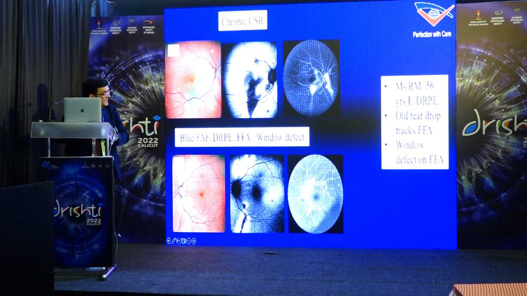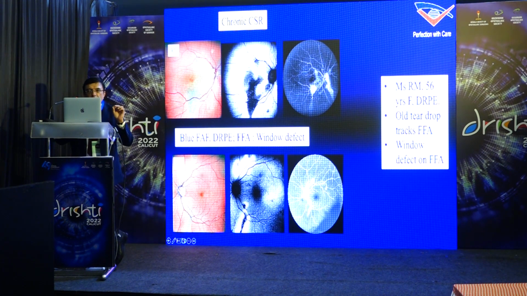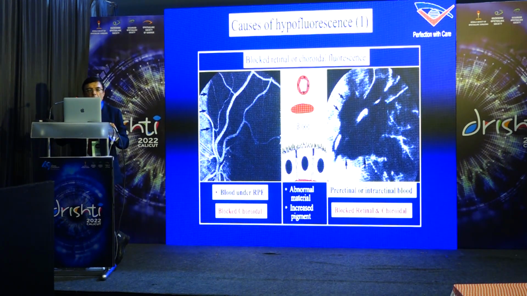Now here we have a patient who has got, this is an autofluorescence, but you can match the colored picture with a blue autofluorescence, with a fluorescein angiography, which you can see there's a diffuse retinal pigment epitheliopathy with a teardrop sign on an angiogram, so you know that it is an old CSR, chronic CSR, which has affected the retinal pigment epithelium. Then you can have blood blocking the front, which could block either above the retina,